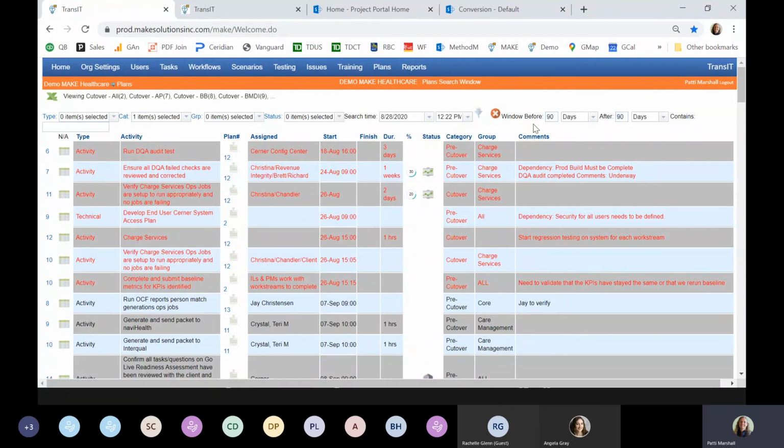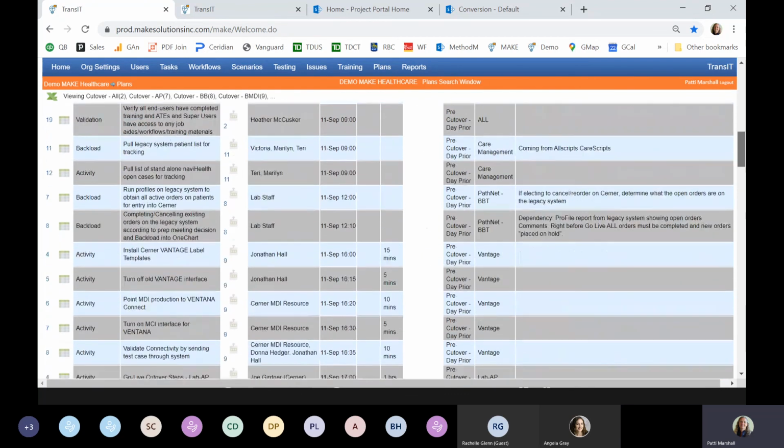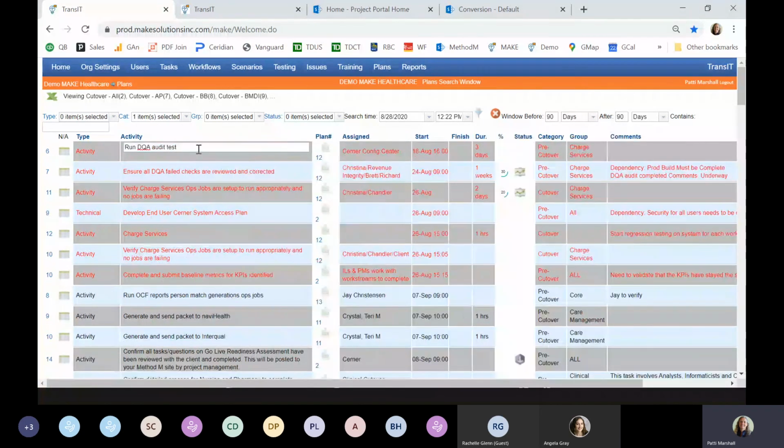You can have it set to anything, but typically if you're in a cutover review, you're going to start by reviewing your whole plan. So this is saying look before today 90 days and look after today 90 days, and bring together all of those tasks from all of those plans in a chronological view. So in this case, I know this specific task here came from my charges plan, and it was row 6 in my charges plan. If I'm in the meeting and I'm reviewing this and I want to go ahead and update this,